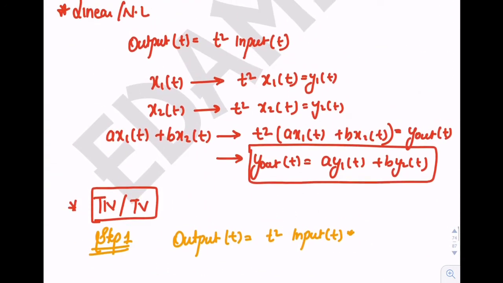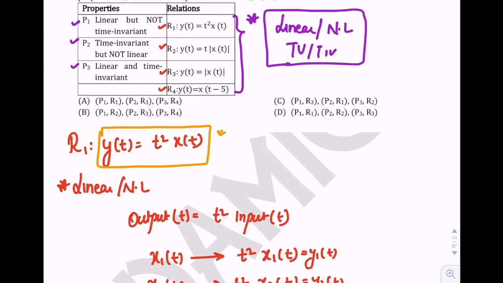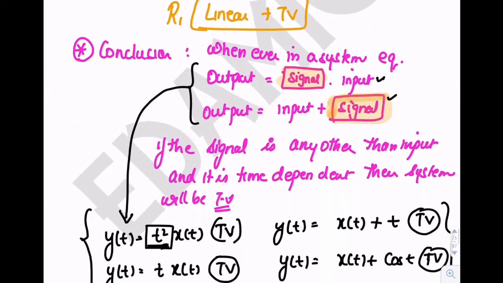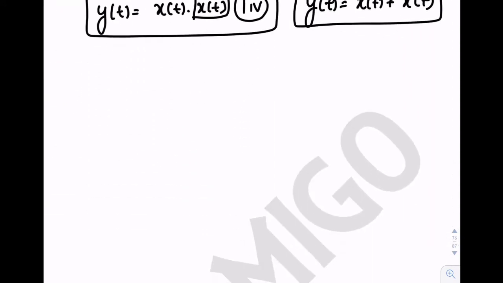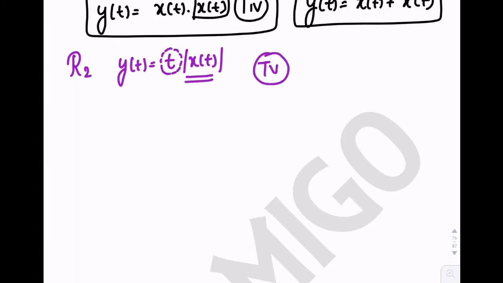Okay, now let's solve another question, that is y(t) equals t times mod of x(t). Now it is visible that we are multiplying t with the input, so this will be time variant. No need to prove it, I have already told you. Now to check linearity,